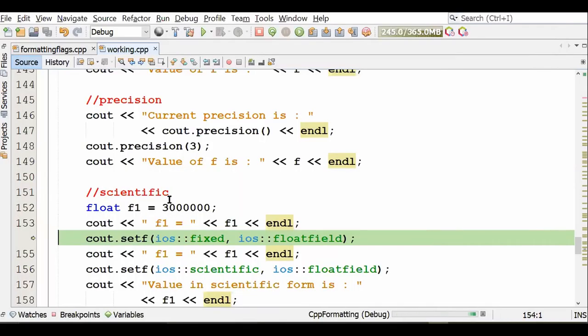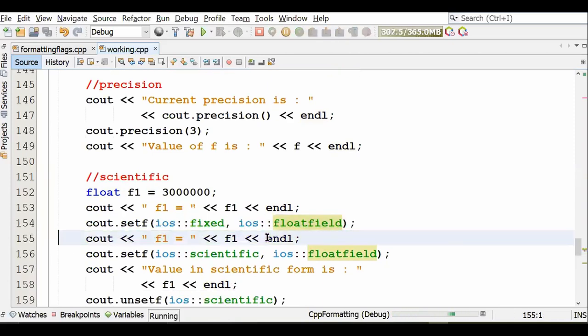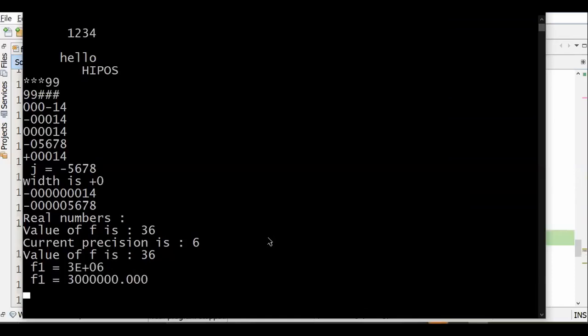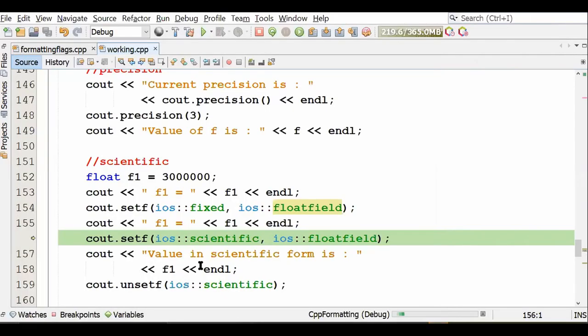I say fixed format. मुझे ऐसा ही स्टाइल में चाहिए था. I did not want it to be displayed in that scientific format. So I say ios fixed, floatfield. Floatfield why? Because that's again a group. इस ग्रुप में दो ही फ्लैग्स है, साइंटिफिक एंड फिक्स्ड. तो दोनों एक साथ ऑन नहीं हो सकते, तो मास्क करके एक को ऑफ कर देंगे. So now when I display the value, watch it. Can you see that 3-digit precision has now got displayed here? So you have this number 30 lakhs, with 3-digit precision displayed.